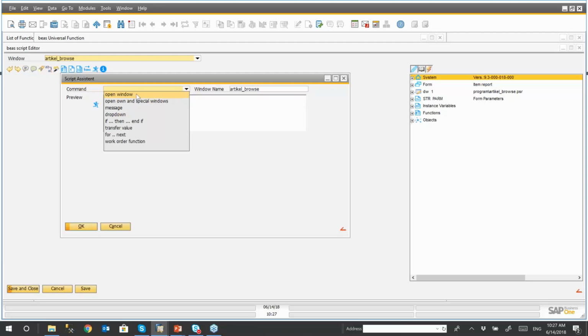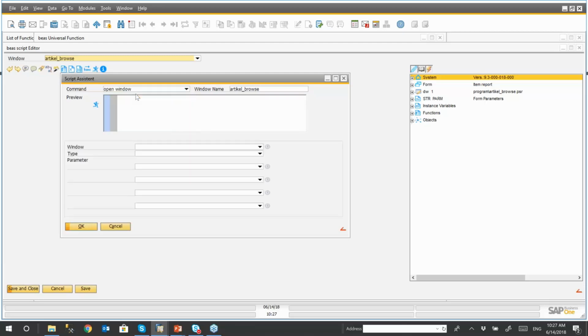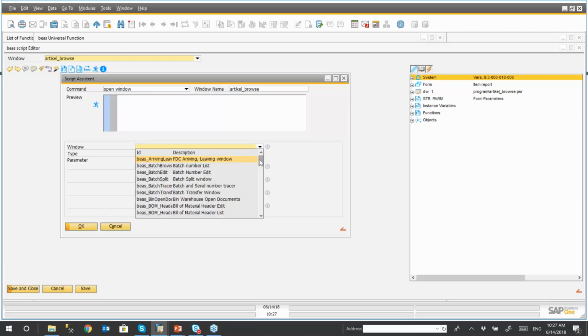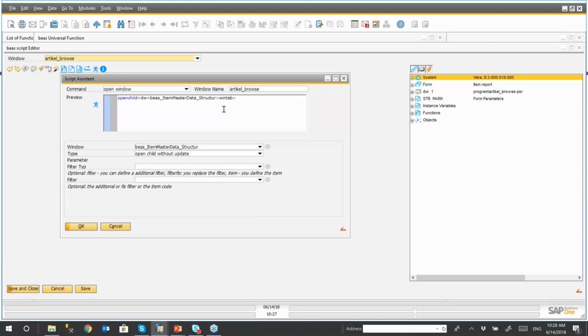I'm going to do the first one, open a window. So once I choose a command, of course, my parameters change. So I'm going in here. You have all those windows available, and I'm going to the item structure window, and I'm going to leave it as it is. I'm not going to put anything more. It defaults to open child without update. I'm leaving it like this. I just want you to see. I just choose the window and I'm going to click add,